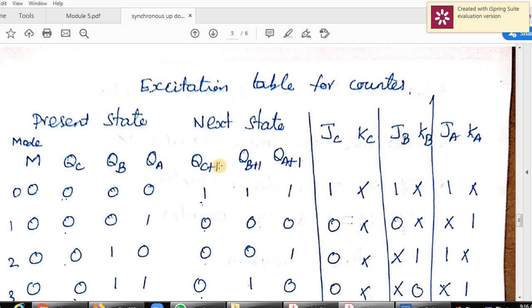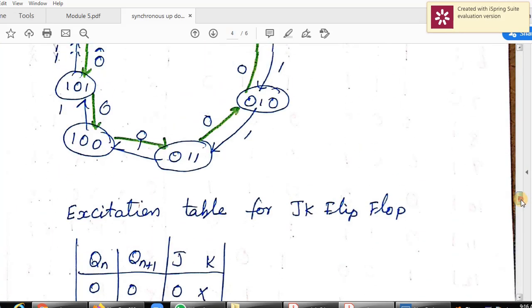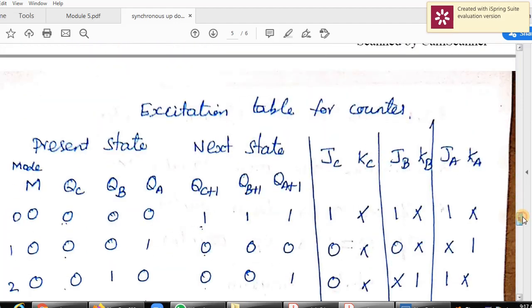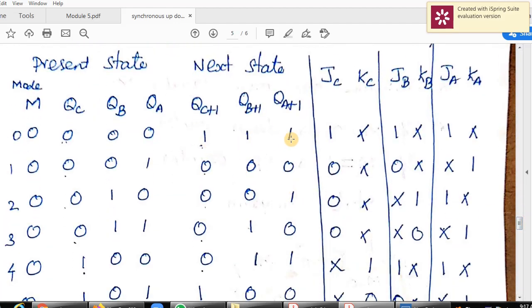To write the next state, if m equal to 0 it is a down counter, so you have to see the down counter state diagram. See, m equal to 0 and state 0 0 0 goes to where? 1 1 1. So write 1 1 1 here.